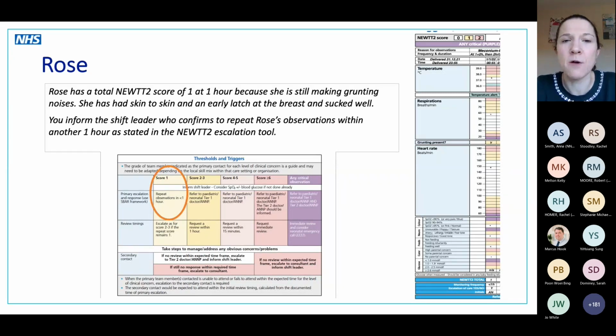So if we were to turn over our paper chart to look at the escalation table on the back, for a score of 1, if we were the midwife looking after the baby, we'd want to inform our shift leader at this point, and we'd want to make sure we repeated the observations within an hour. Again, if anyone was